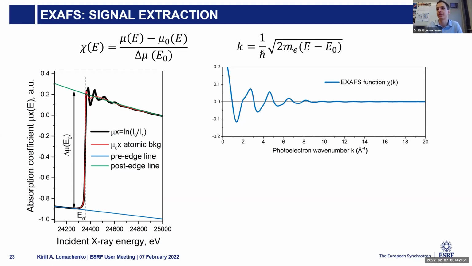So since we're going to deal with electrons, we pass to the wave number domain, so the wave number of this electron, and the conversion is pretty straightforward. Here, E is the energy of your incoming photons, and E0 is the edge energy that you defined. So the definition of E0 influences the zero of your wave number